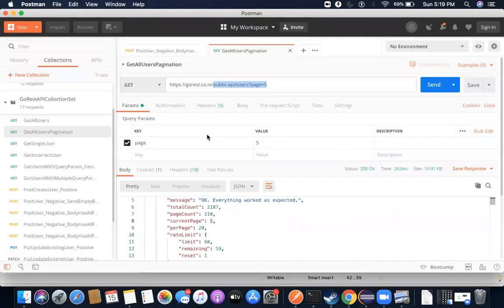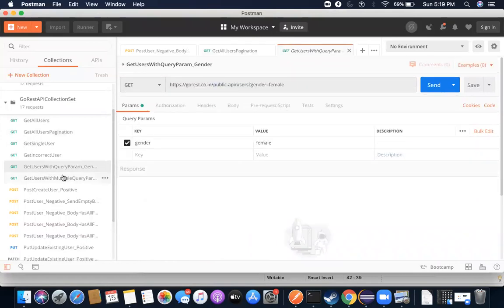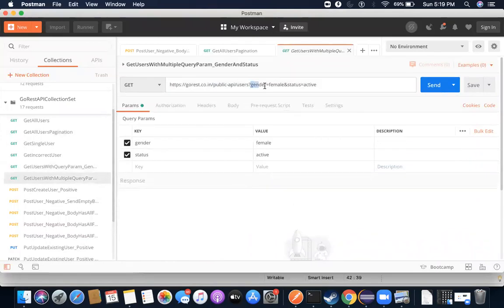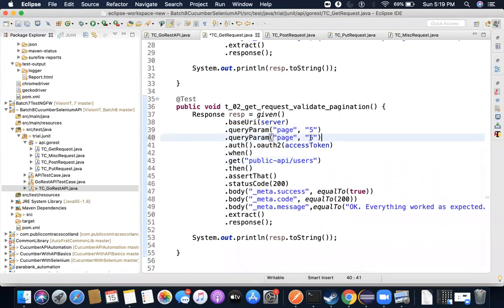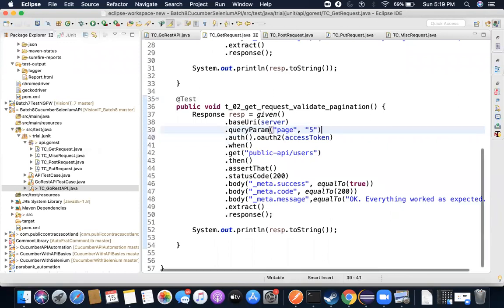Okay, you can also see something of this sort here, page equal to 5. Even in the with param, gender is this. Here there are 2 parameters, gender female, status is active. So here you can see gender is female, status is active. And the similar thing you need to do here, query param page 5. If you need to add one more param, then you need to add one more line here like this. For example, if you want to say gender or status, then this is how you need to do that. For now, this test case only deals with the